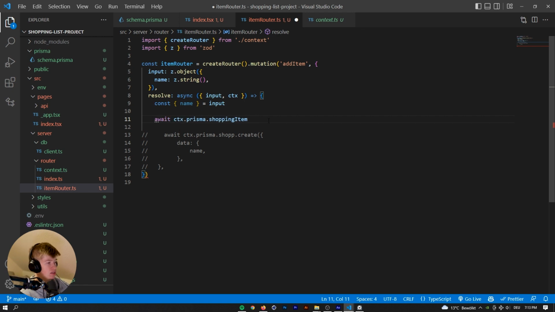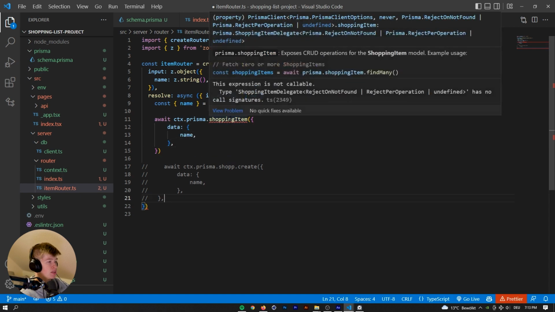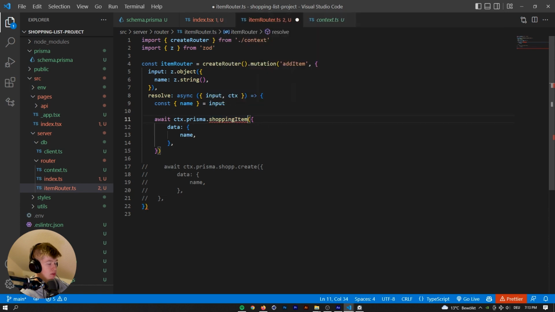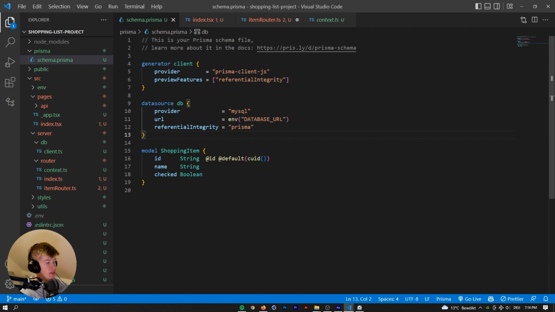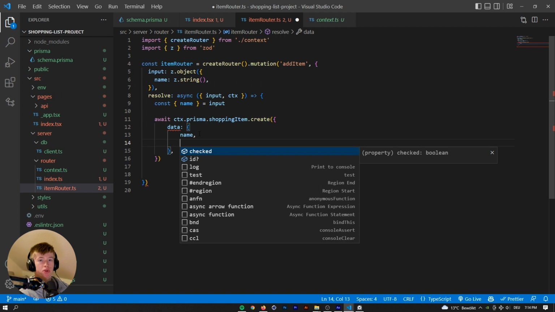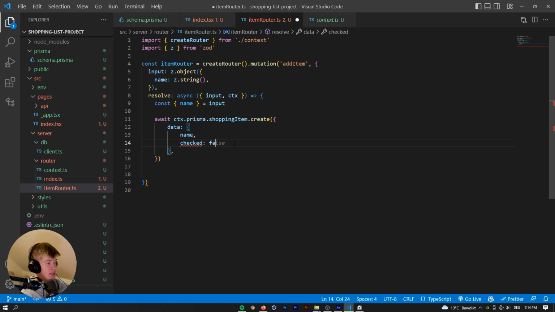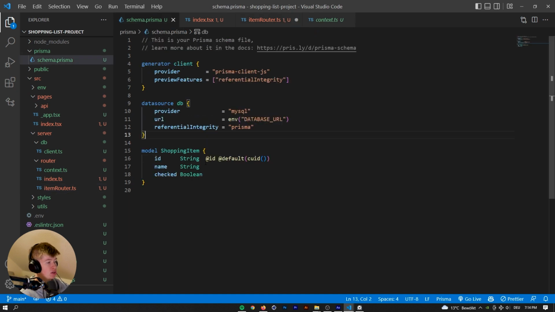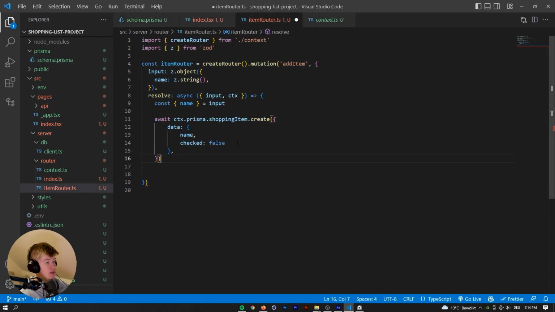Awesome. Let's continue with that. We are creating the shopping item with the data of name, and that's it. Still erroring though. Okay, because we forgot to create. Never mind. And then remember, because we also have the check property here, we are going to press Control Spacebar. That's going to allow us to see the types that are expected, and checked will be initialized as false. We can also add the default of false right here,